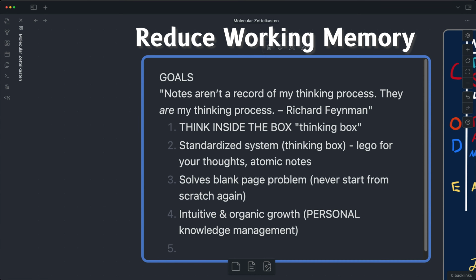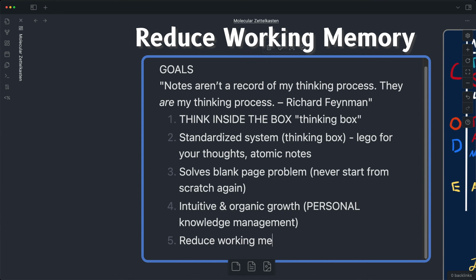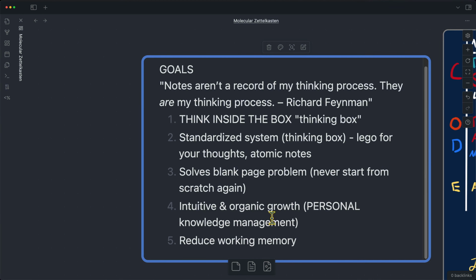And finally, a main goal is to reduce working memory. By offloading all of your thoughts and ideas and knowledge, by introducing quotes and notes and linking everything together in a way that you can instantly go and find whatever it is you're looking for, you can significantly reduce your working memory as you go to create new things, as you work on original thinking or work to solve your problems intuitively. By offloading all of this into your second brain, into your molecular Zettelkasten system, you can take all of the energy that you normally would have taken trying to remember things and instead apply that to new creations and understanding.